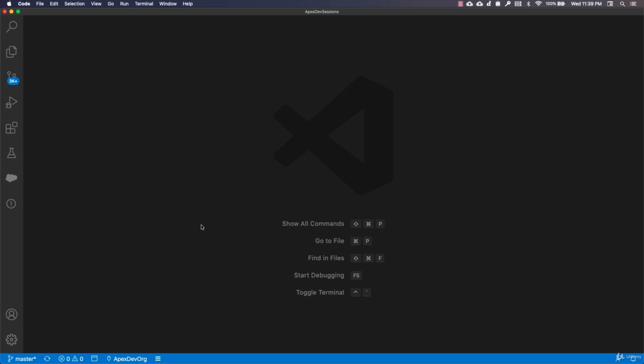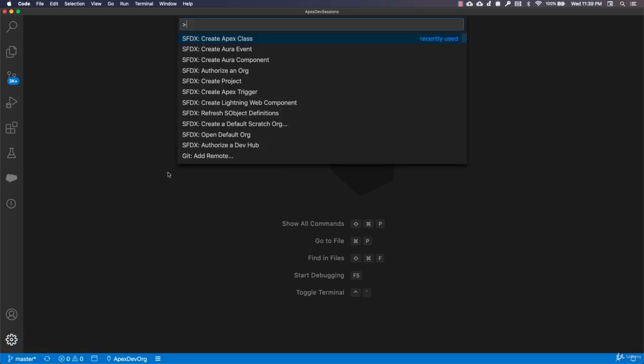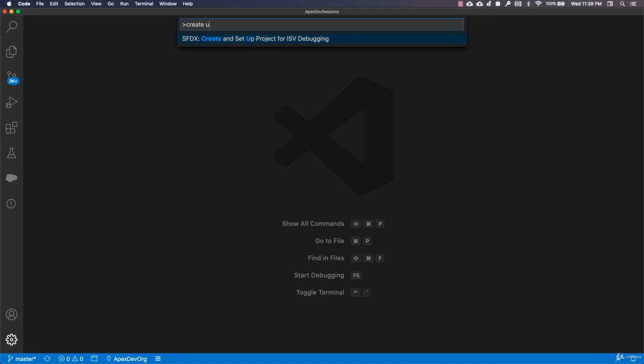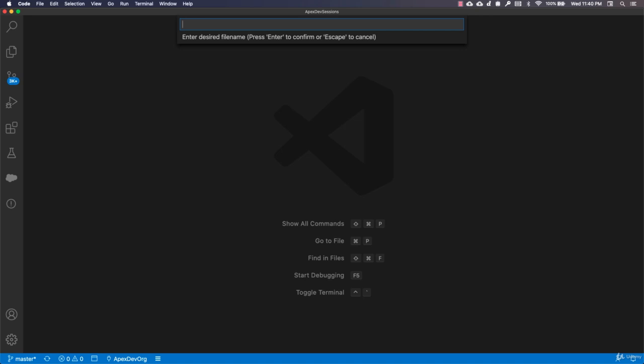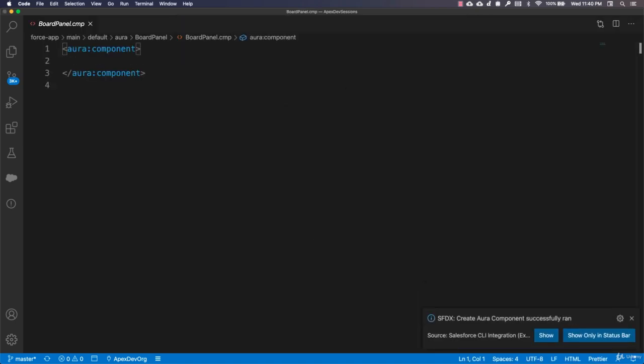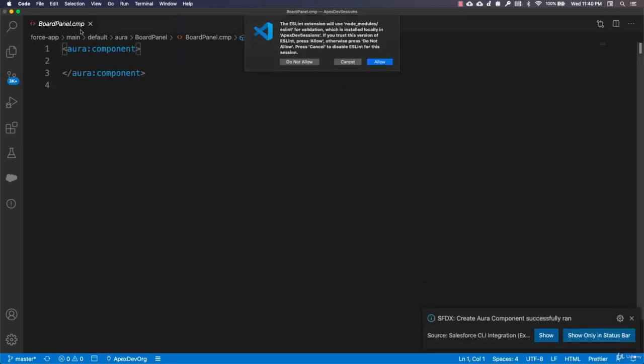Once you are inside the VS Code, open the command palette by clicking on this setting icon here and choosing command palette from here, or using Command Shift P in Mac OS or Control Shift P in Windows OS. Now here we need to search for Create Aura component. So make sure that you choose Create Aura component, not Create Aura event, because both of these are different. Now let's name our component as board panel and hit enter. Now here select the default directory and you will see that the VS Code creates a blank